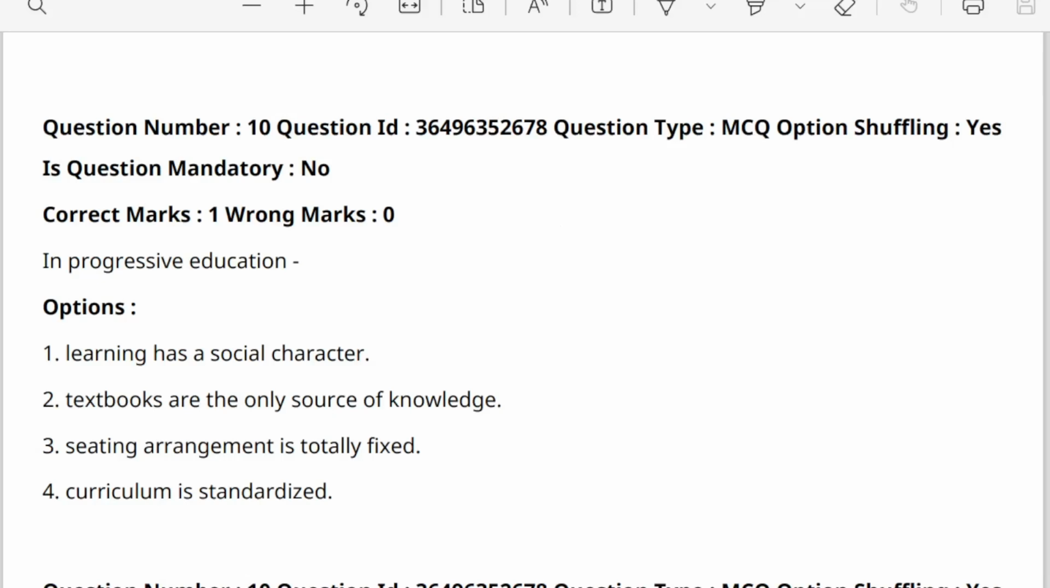The answer is 1. When we are looking at progressive education or education under NEP 2020 or learner-centered education, the question could have been asked in any way. Textbooks are not the only source of knowledge. Seating arrangement is not fixed, and curriculum is not standardized. And learning is social in character. So the answer is